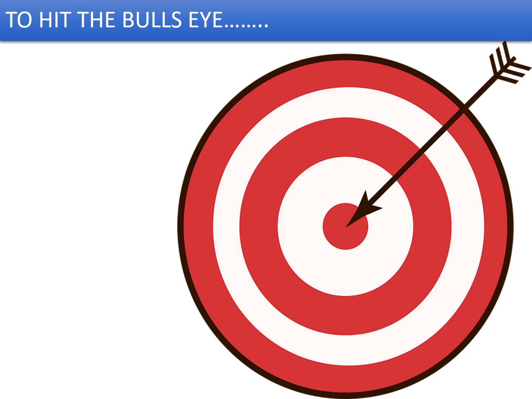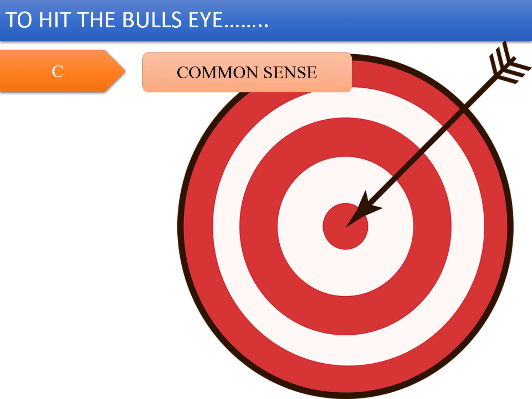In order to hit the bull's eye, you need to be very smart. So I try to set some guidelines one should have, so that the probability of hitting the bull's eye will be close to 90%. So in order to make sure that you hit the bull's eye right in time,